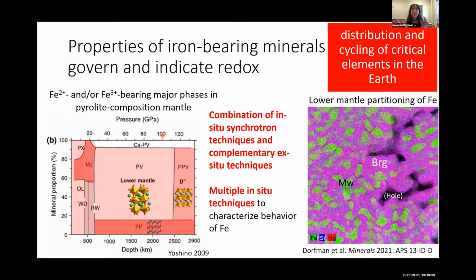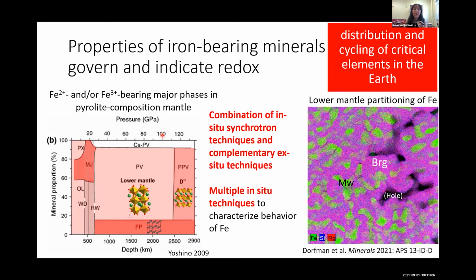So again, when we looked at the distribution and cycling of critical elements in the Earth, iron was an element that they included in the list. And iron is absolutely a critical element for understanding the story of the Earth. It keeps coming up again and again, not just, of course, for understanding the core, but also for understanding the mantle. Nearly every phase that we have in a pyrolite composition mantle takes up some amount of iron 2+ or